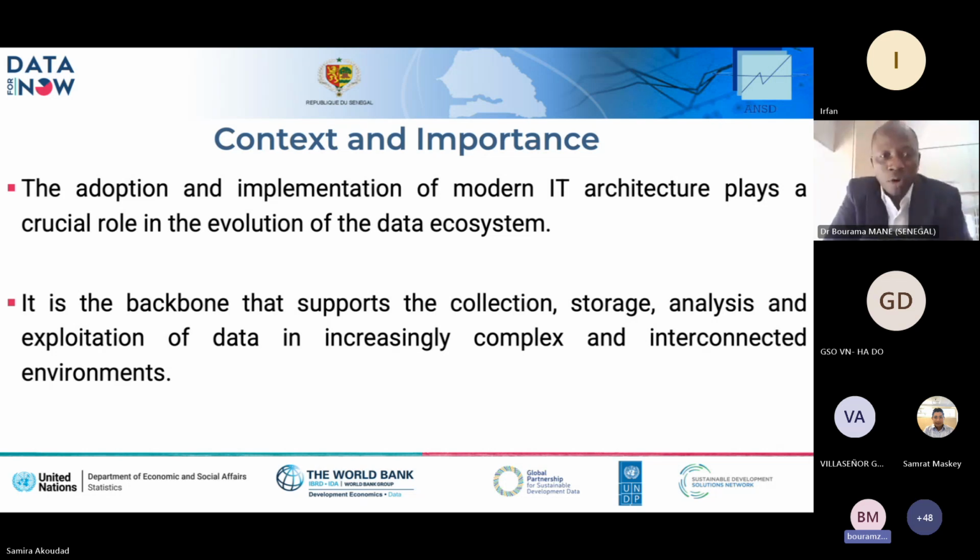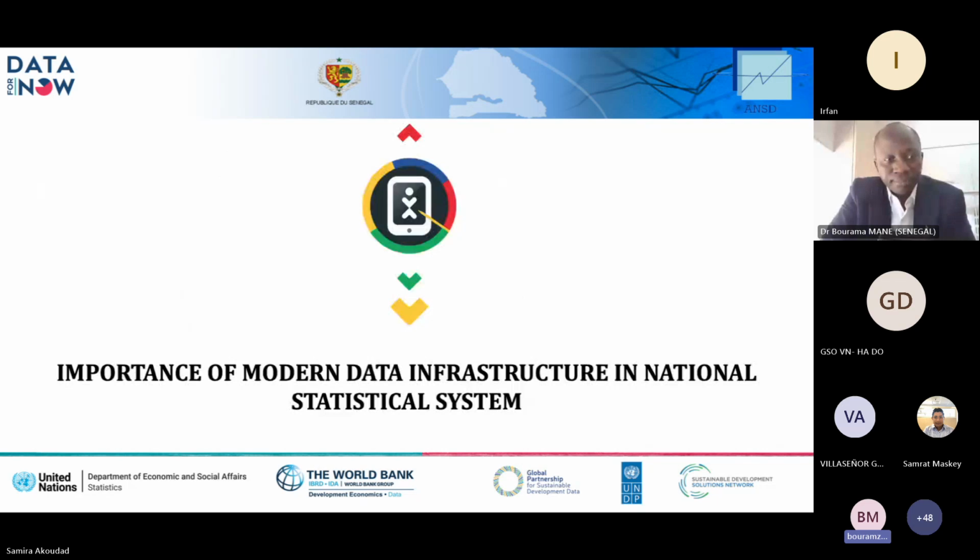in the evolution of the data ecosystem. It is the backbone that supports the collection, storage, analysis, and exploitation of data in an increasingly complex and interconnected environment. Next. So for the importance of modern data infrastructure in the national statistics system,